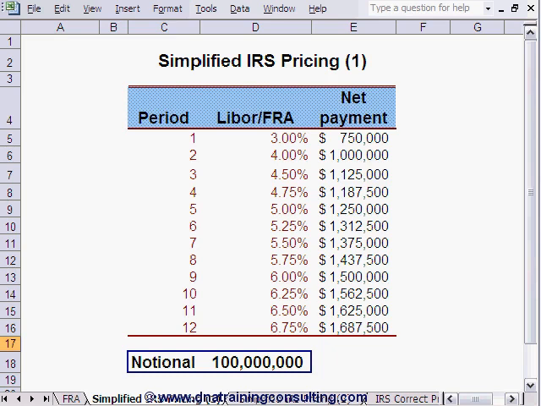This worksheet, labeled Simplified IRS Pricing 1, which you should now open, lists those rates in column D and shows you the net cash flows the borrower would lock in for each period in column E. One minor technicality to note is that the FRAs in this worksheet are assumed to settle at the end of their related period rather than at the beginning,